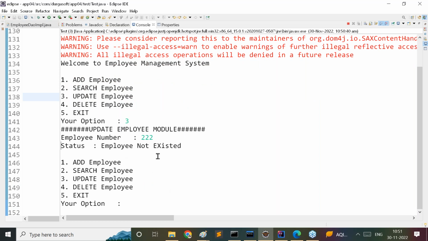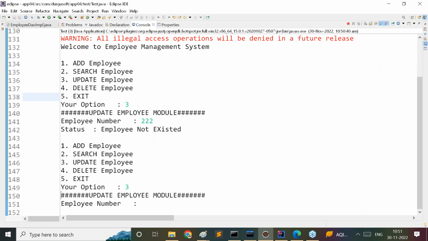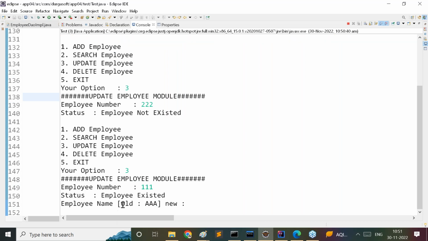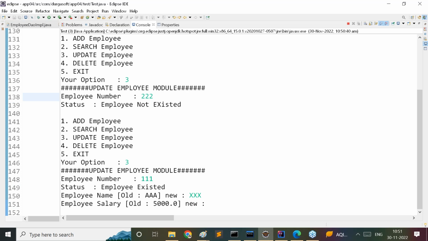Employee does not exist. Again, I'll provide three. This time I provide employee number 111, which exists, so here we have to enter the data. Employee name: old is what was there, and the new value I have to provide is something else, now XXX. Employee salary: old is what was there,